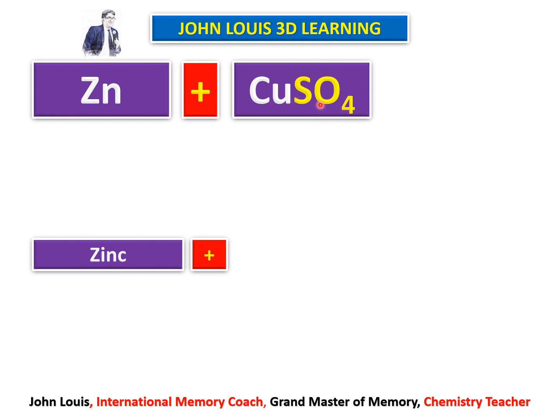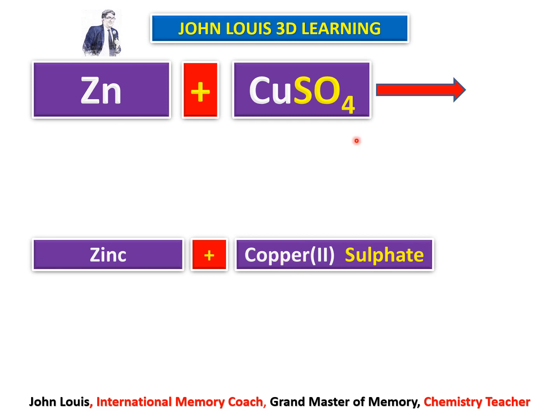So here we know the valency of sulfate is 2. We already know, we have learnt it. But copper is having two different valencies, 1 and 2. But how to find out here whether the valency of copper is 1 or 2? I told you the valency of sulfate is 2 already. But here it is Cu1, SO4 1. That means what? Copper also should be 2. Only then 2 and 2 get cancelled and we will get Cu1 and SO4 1. Therefore here the valency of copper is 2. Therefore what is the name of CuSO4? Copper 2 sulfate.